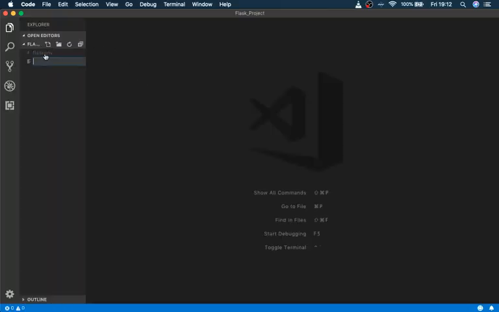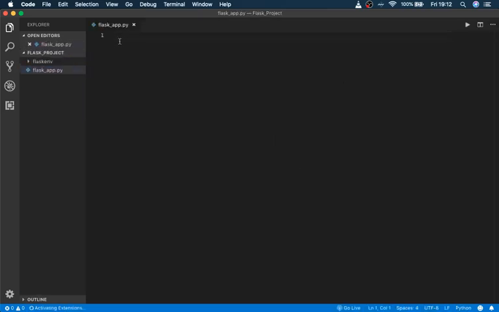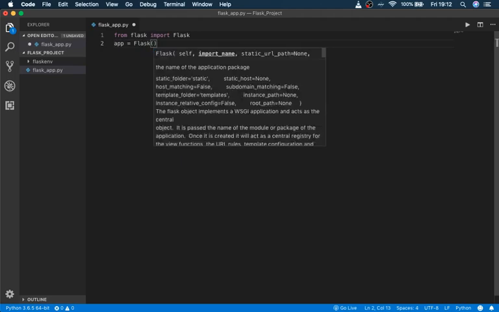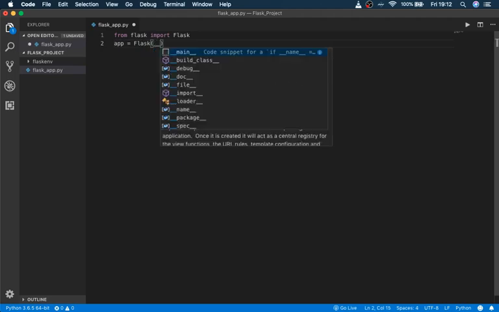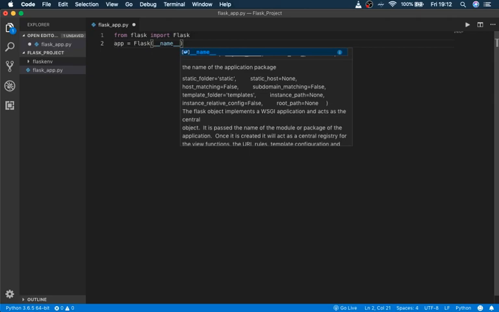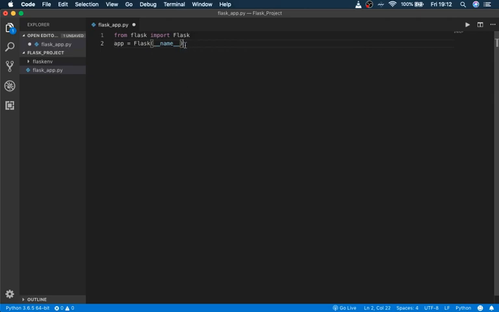And let's quickly create a file named flaskapp.py. Now first we need to import that Flask which we just installed. We can do that by from flask import Flask class. Now we need to create an instance of this Flask class. Let's say the instance is app, and then we put in name of the application package inside the Flask class,